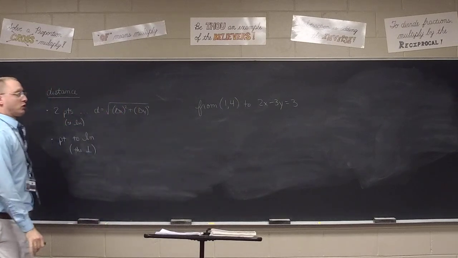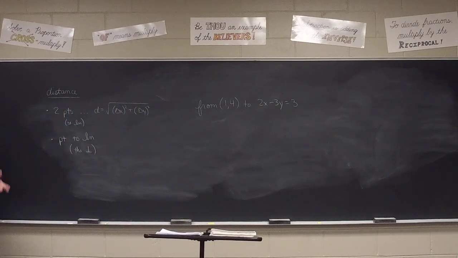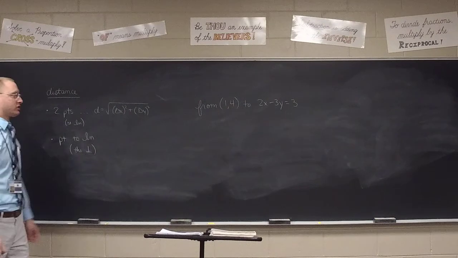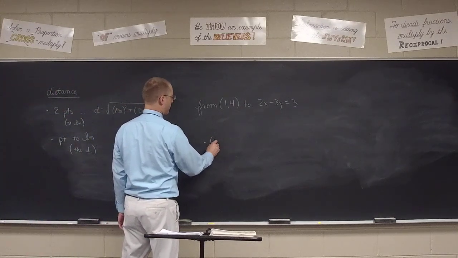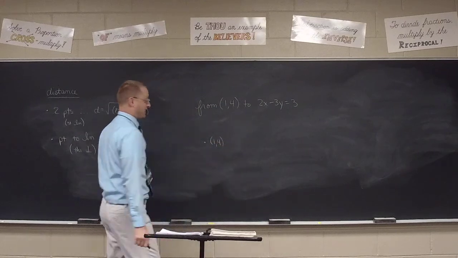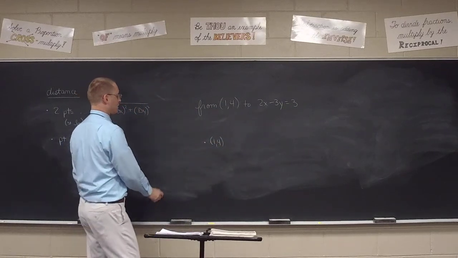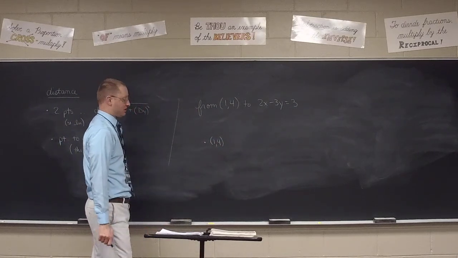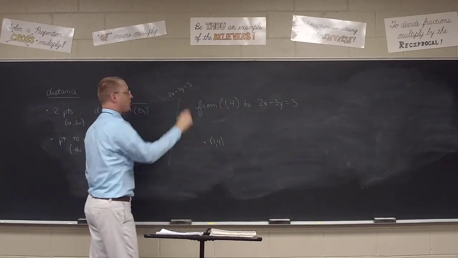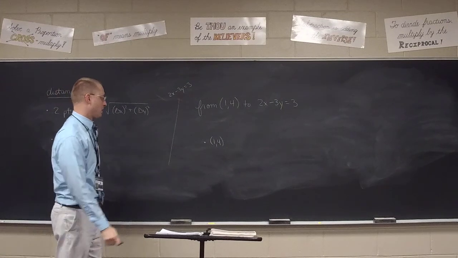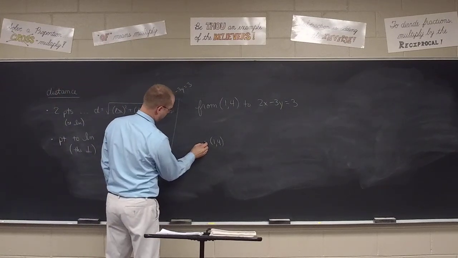You don't have to draw a picture. I like to. I'm a visual kind of person. I like to see what's going on. So I'm going to draw a point. I'm going to say that it's 1, 4, whether it is or isn't. It really can't be because it's not on the Cartesian plane. I'm going to draw a line. Draw it goofy like this time. I'm going to say that this line is 2x minus 3y equals 3, even though it probably looks nothing like 2x minus 3y equals 3. And then I'm going to say that my perpendicular